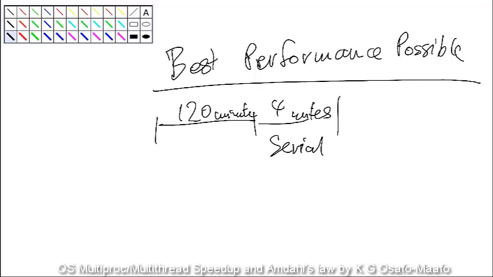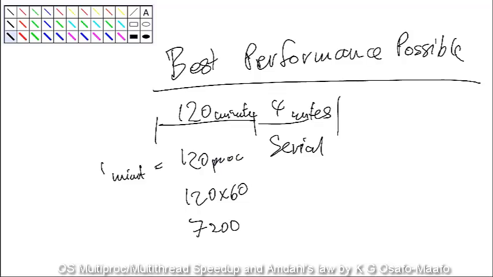Now, if you look at these 120 minutes, what if I had 120 processors? That means I'll take 1 minute. Right. What if I had 120 processors times 60? Right. That is, if I had 7,200 processors, that'll take me 1 second. And so I could keep adding more and more and more processors until finally the time spent here would be almost zero. Right? The time spent there will be